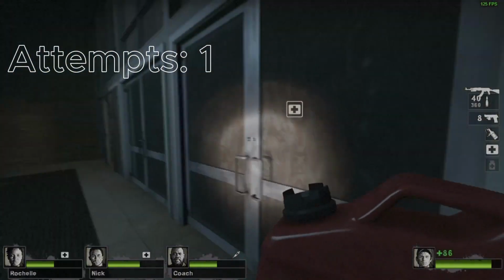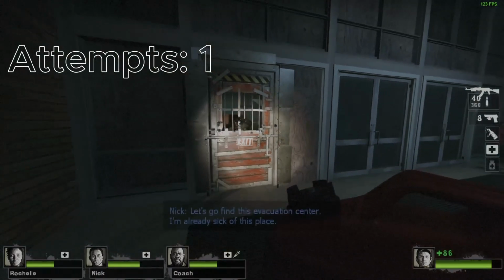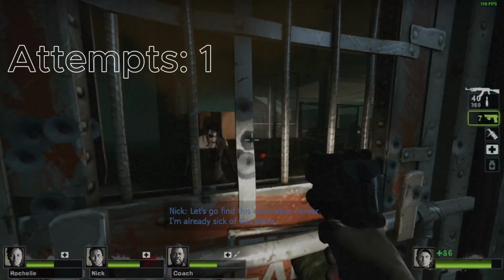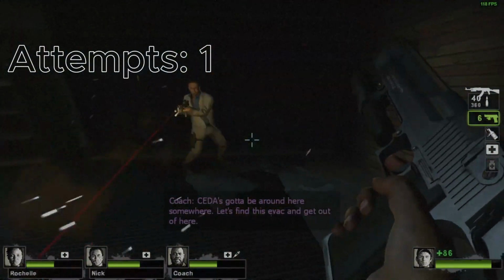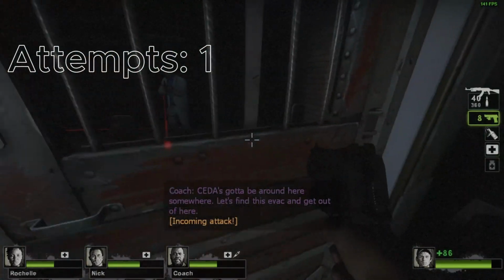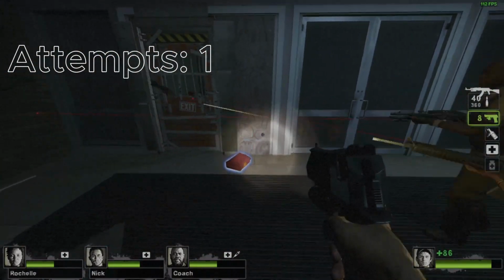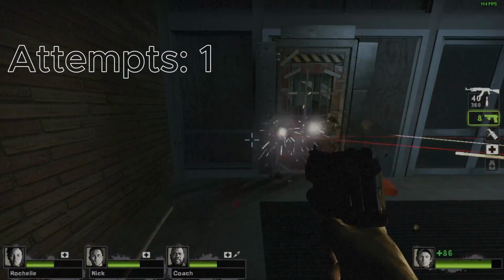Let's grab a med kit. Let's go find the evacuation center. I'm already set this way. Cedar's got to be around here somewhere. Let's find this evac and get out of here. Come in. Oh, get back in. So the reason I do that is just because there's an instant horde as soon as I start. And there's no reason to...